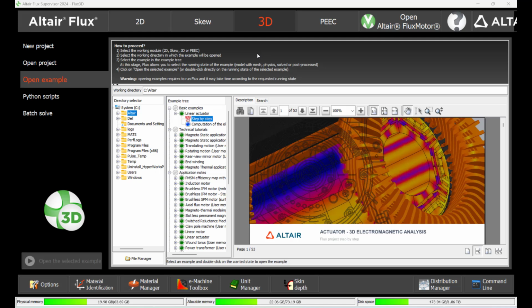Material Identification Tool is based on Alter Compose application. This tool helps determine parameters and coefficients from measurement data and use this to create a material in Flux. To access Material Identification Tool, open Flux Supervisor window and you can find this tool at the bottom part of the supervisor window. From there, you can click to launch it.